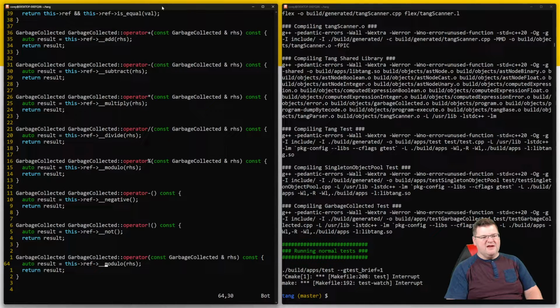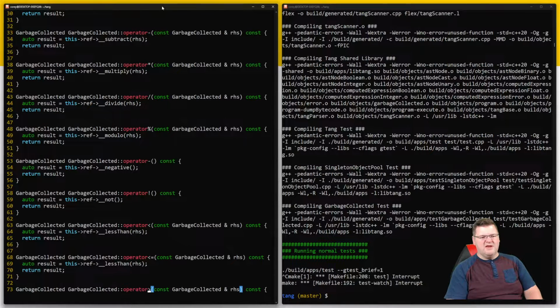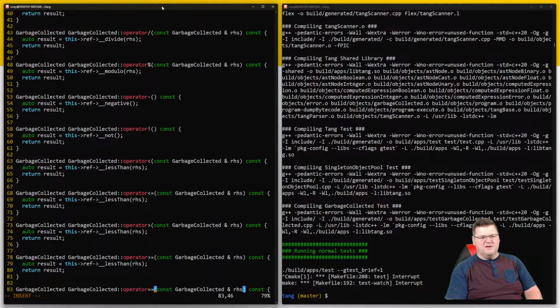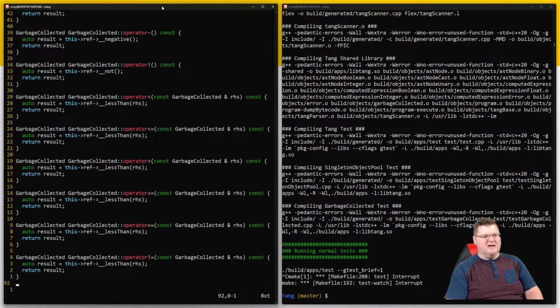So I think this is going to be less than, and we will go from there. So for 2, 3, 4, 5, 6. All right, we know that this is going to be the less than or equal to, greater than or equal to, double equal, and not equal. Okay, now